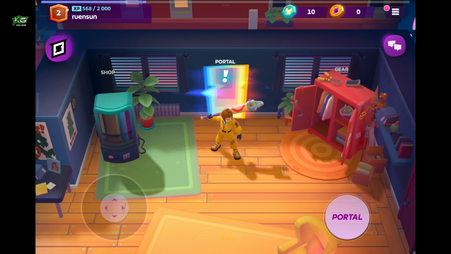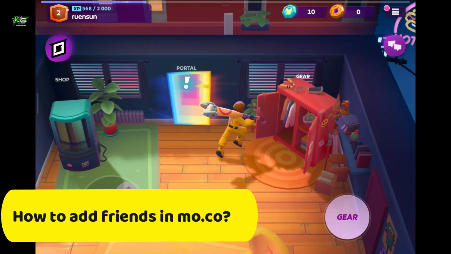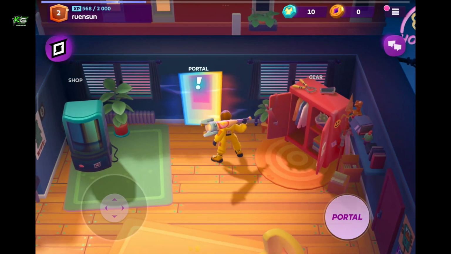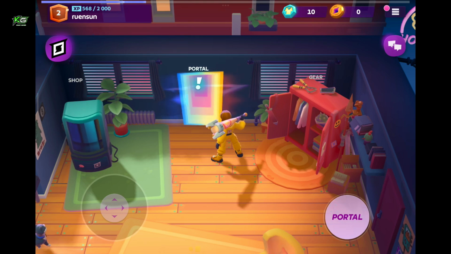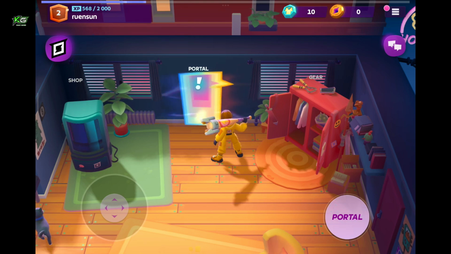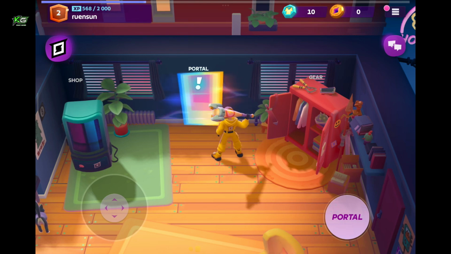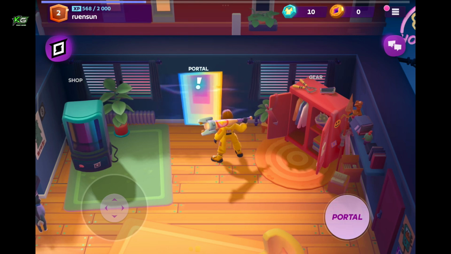Today in this episode we will be learning how to add friends in Mo.co. In Mo.co, connecting with your friends enhances your gaming experience, allowing you to team up for quests and share in-game achievements. In order to add friends on Mo.co, open up the Mo.co app on your Android or iOS devices, and